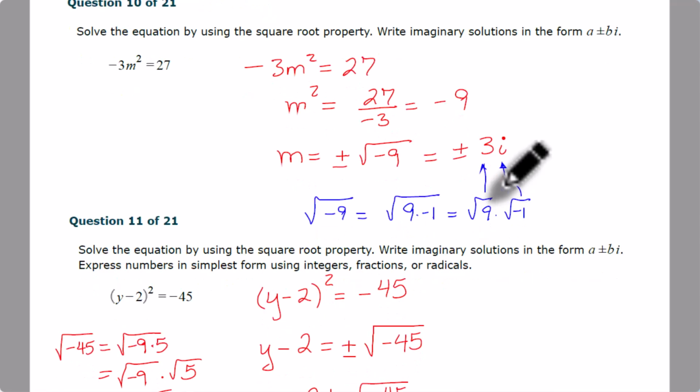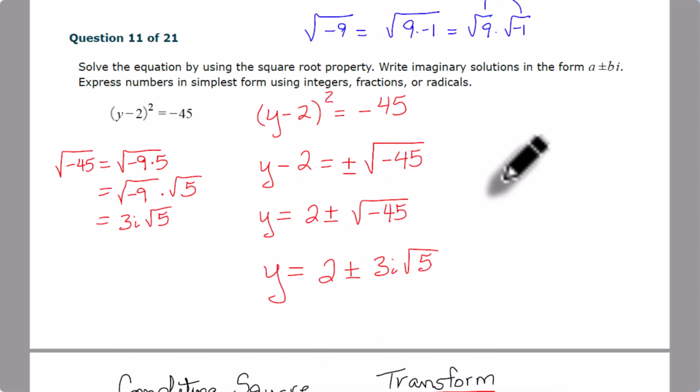All right, what about question 11? All right, looking here at 11. I've got something squared equals a number. Okay. So, got that there. I can conclude by the square root property, I get this thing back. I pick up a plus or minus and then the square root of the number. Now, if I move the -2 to the right, I'm done. So 2 plus or minus the square root of